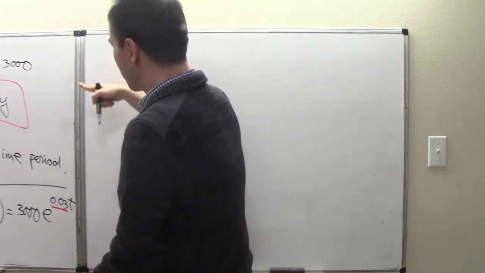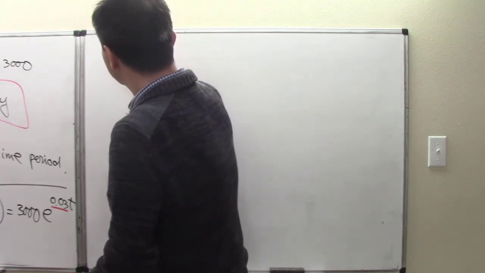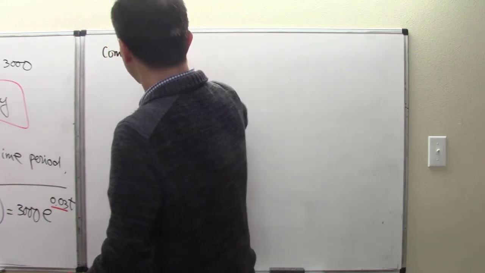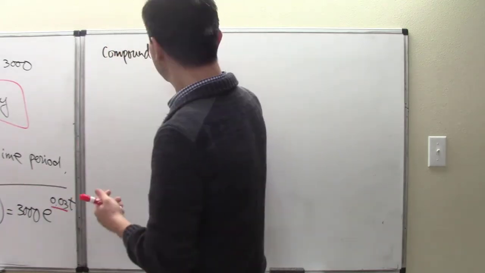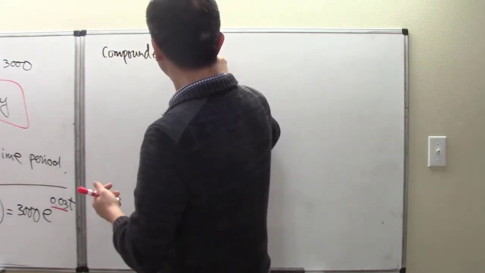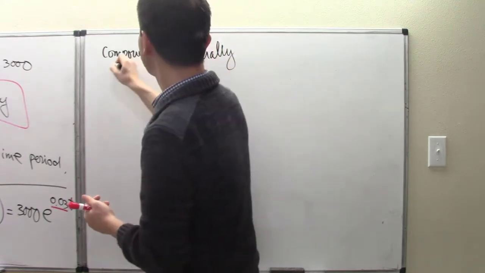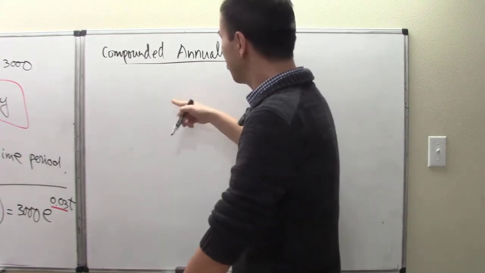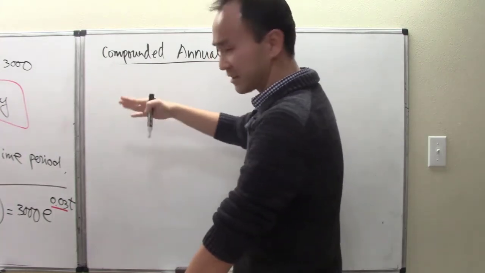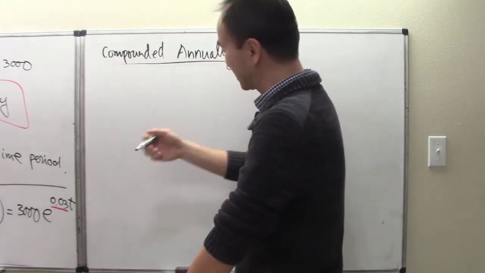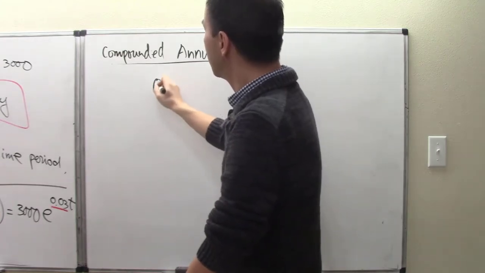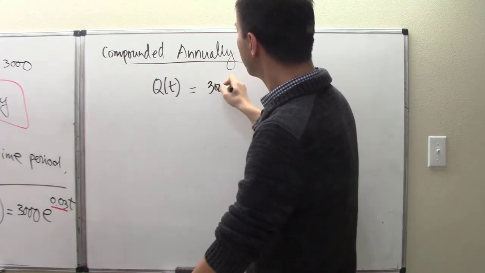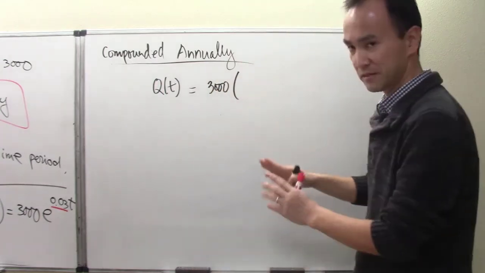Now, if it was simply compounded, if the interest is compounded or calculated annually, then our function, we've seen this earlier, or in case we haven't seen this in the actual example itself, then we can easily come up with that. In t years, we're looking at 3,000 multiplied with,